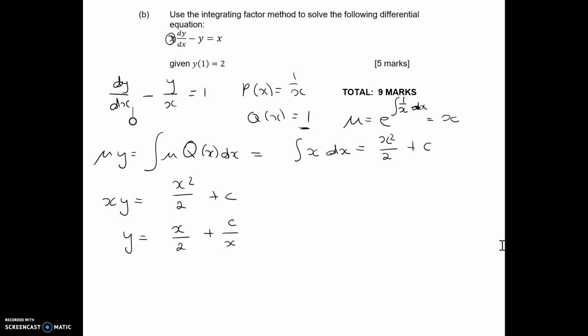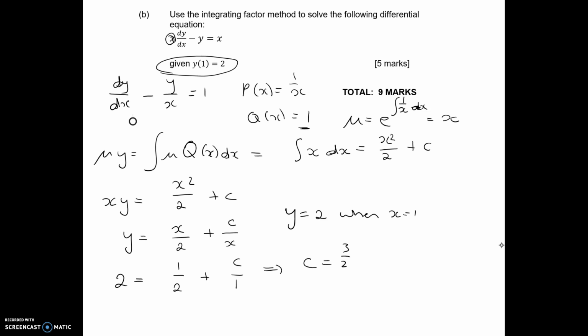Now we're given some information this time. We're given the information that y(1) equals 2. In other words, y equals 2 when x equals 1, so that means we need to put those in so we can actually find a value for c. So 2 equals, now x is 1, so 1 over 2 plus c over 1. That tells us, we can work that out, rearrange it, that c is equal to 3 over 2, and y